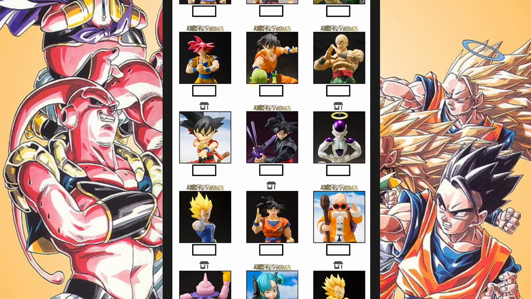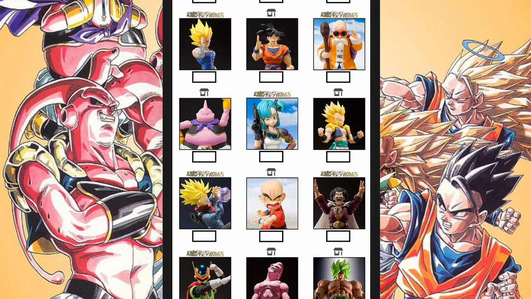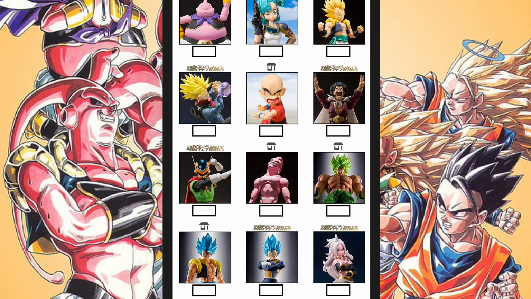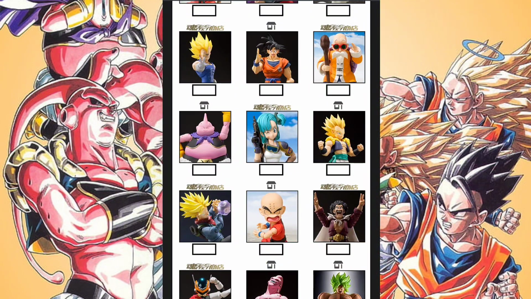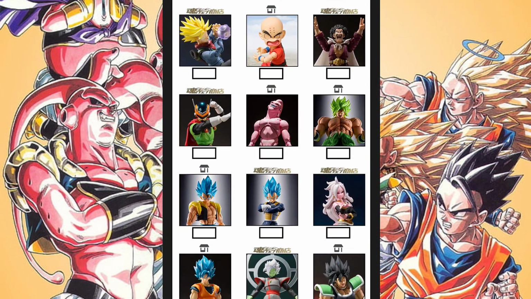Goku Black, because the Dragon Ball Super anime was still going on. Same thing with Frieza with the Halo. Majin Vegeta, Fat Boo. Y'all see the picture, right? You could technically pair up Trunks with Goku Black, but Trunks would also fulfill the role of the animes going on at the time. Master Roshi, Krillin. I don't know why I was blanking on his name. You could say Bulma, Kid Goku, Mr. Satan. You could still say he could go along with Fat Boo, but Fat Boo also goes with Majin Vegeta. So opposing options there.